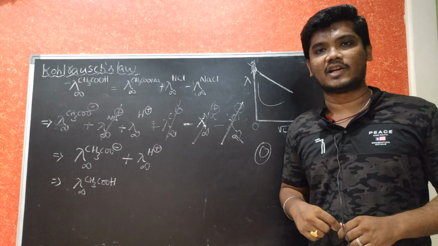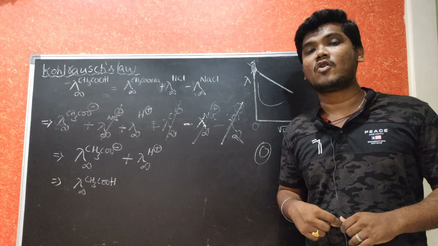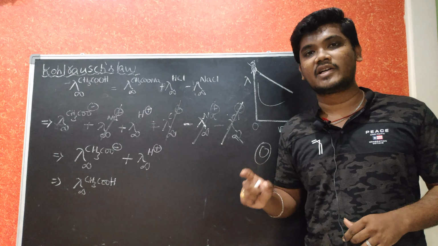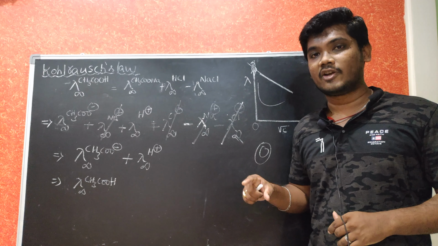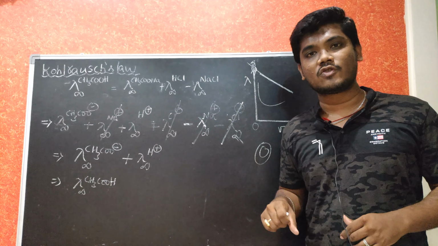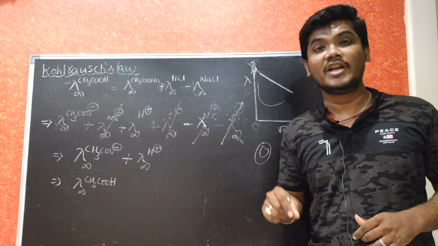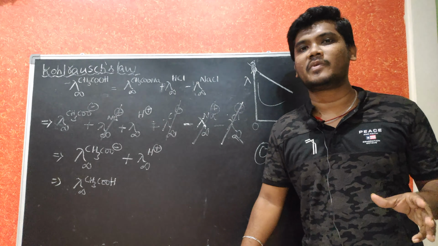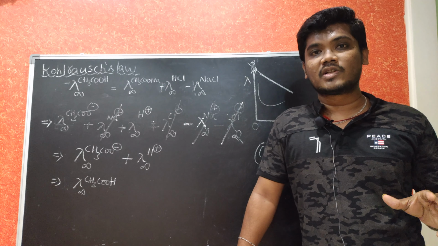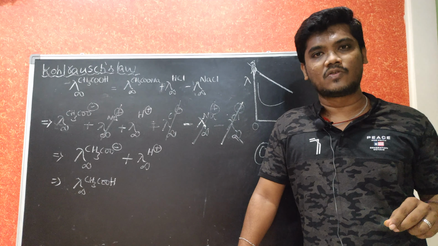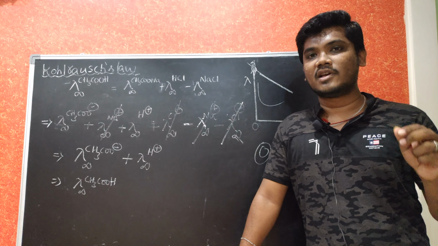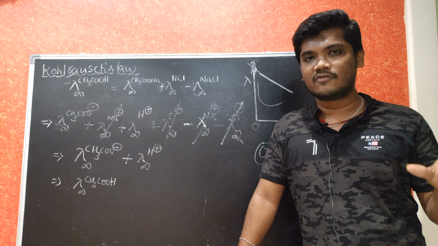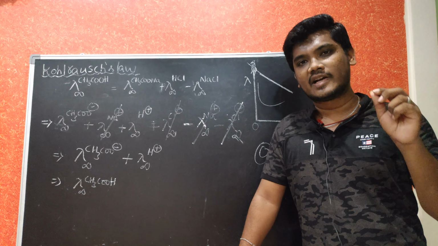But according to Kohlrausch's law, he stated that the equivalent conductivity of a weak electrolyte is equal to the sum of the equivalent conductivity of the individual ions present in the solution. If you consider the weight of a human, the weight includes each and every organ as well as bone. Similarly, the equivalent conductivity of an electrolyte is equal to the sum of the equivalent conductivity of